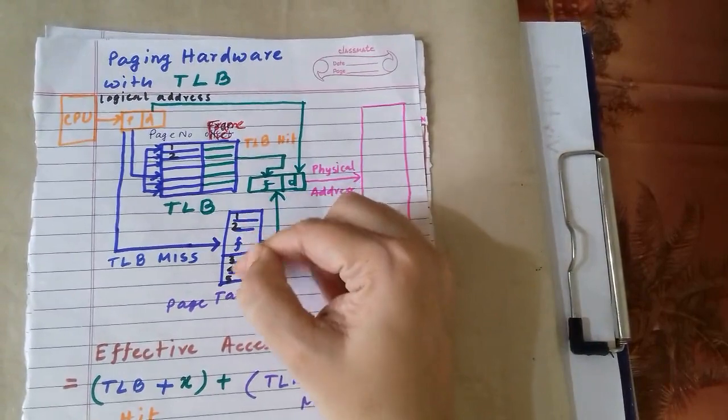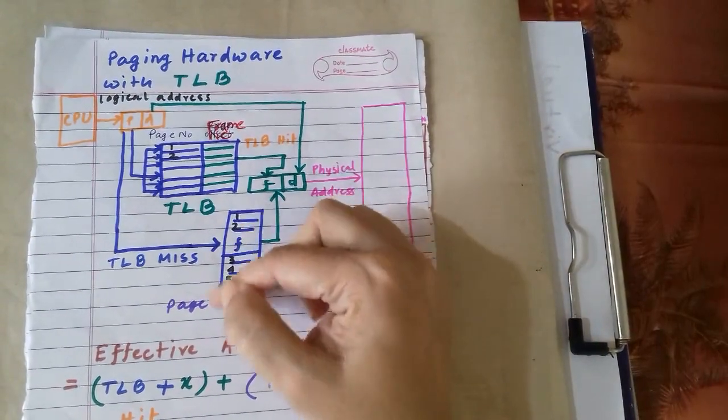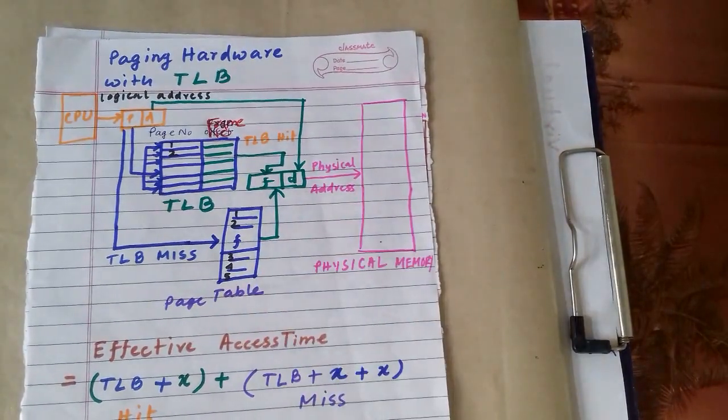In the page table we have kept all the entries. The page table will also be kept in the main memory only, and it will be occupying some memory space. But in the page table, all the entries of all the pages which are brought to main memory will be there. So it is very big. Searching time of the page table will be more.